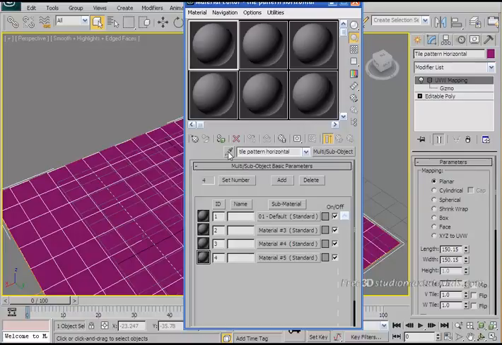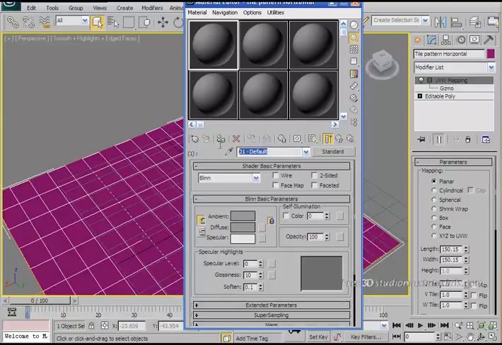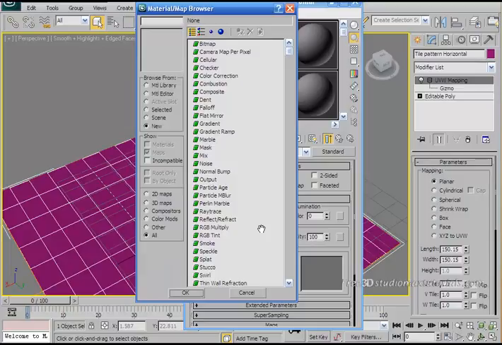Okay, now just select the material in slot number 1 and name it tile pattern 1 left. Just click on that and name it here something like tile pattern 1 left. Hit enter. Then go and click on the diffuse color slot, and in the materials map browser